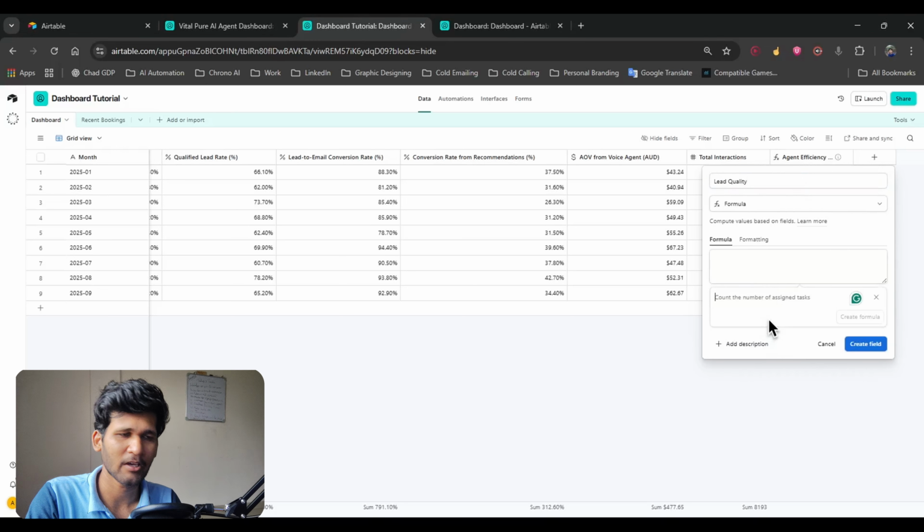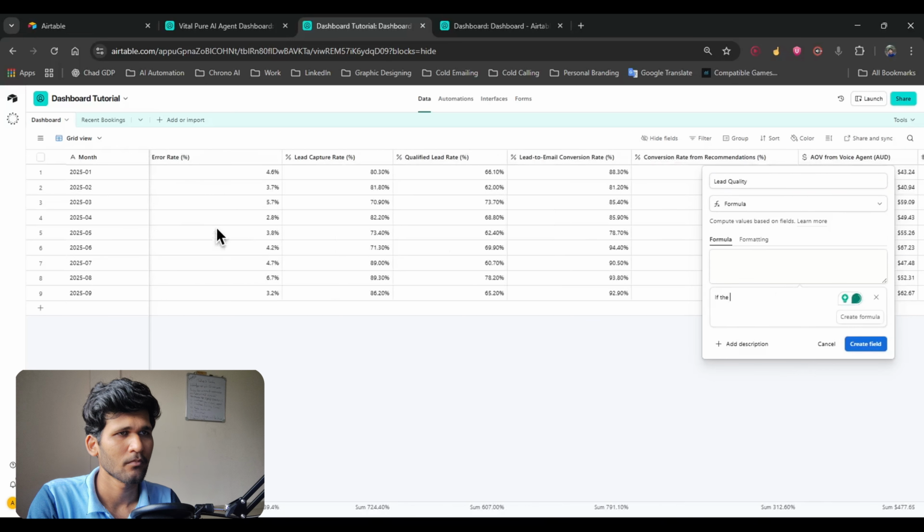What we are going to write here is, if the qualified lead rate is above 70%, or we can also do 80%, but let it be 70%,